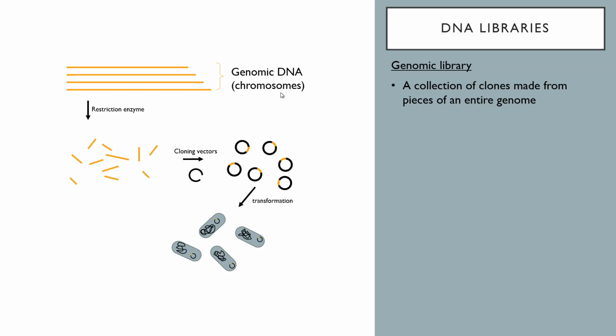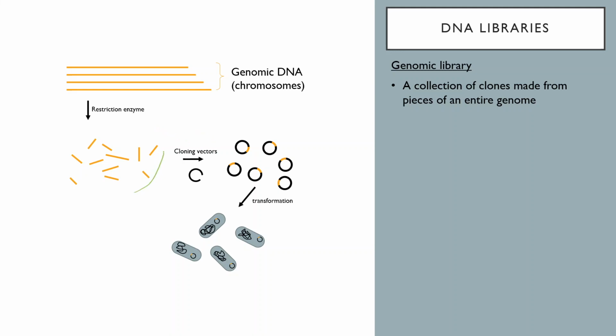So you extract the DNA from your host cell, whatever you're interested in, and you cut the chromosomes up with restriction enzymes. Sometimes this is done with just one restriction enzyme, sometimes with multiple restriction enzymes. But you'll be cutting the DNA up into pieces of more or less random length and at more or less random locations. So any given piece may contain a gene or multiple genes, or it may contain no genes at all, or you may even have cut points within genes. But you take those pieces